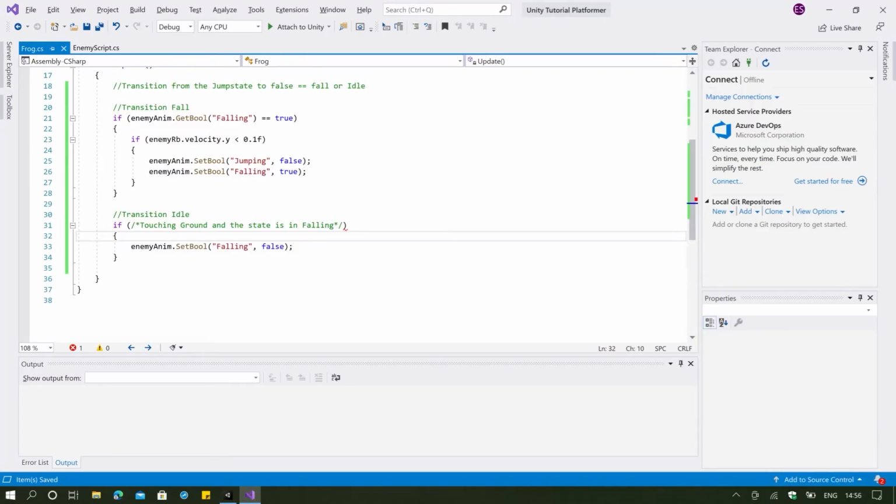Okay, now we have to type in our condition here. So if touching ground. And last time in our previous code where we did our player programming, we actually created something for this too. When it's touching ground, then we can jump. And let's see if you can actually program